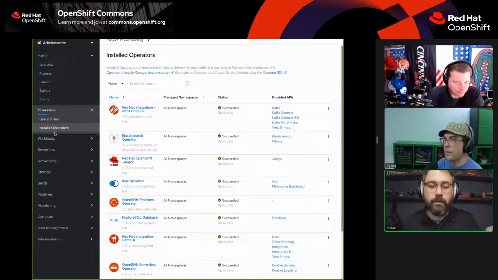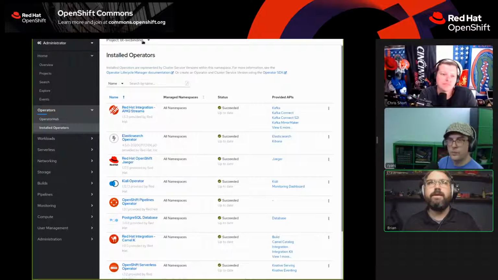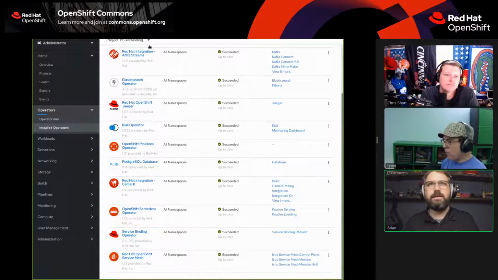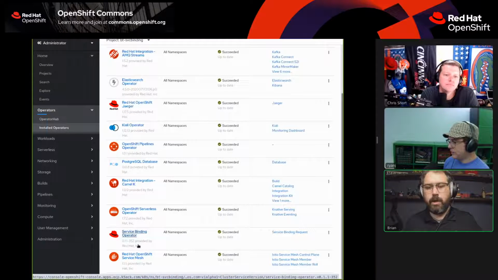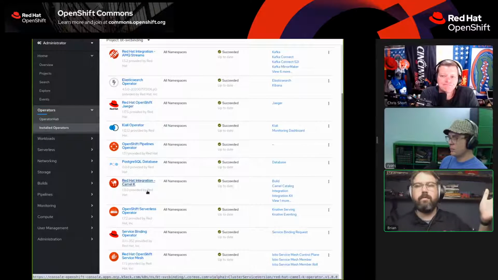And if you do have access, you're working on OpenShift, the way to find out is within your namespace that you're creating, or your project. On here, you could see these are all of the cluster-wide operators that are installed on the cluster that I have running over here, right?